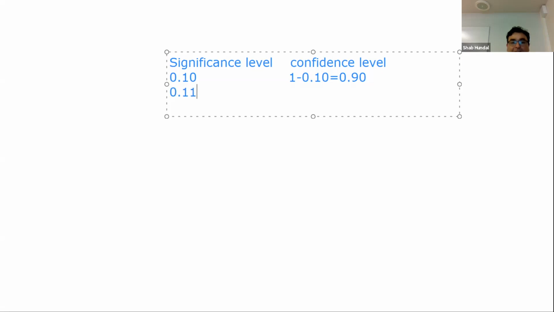If the significance level is, let's say, 11%, then 1 minus 0.11 is equal to 0.89. So then our level of confidence is less than 90%. We never let our level of confidence fall below 90%. Don't ask me why. It's a commonly accepted